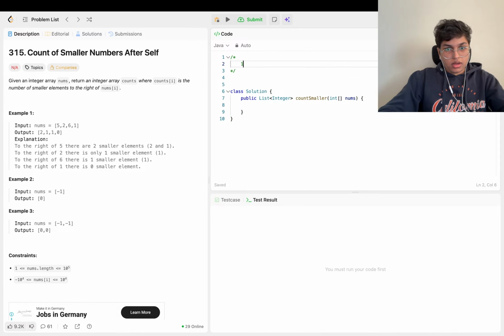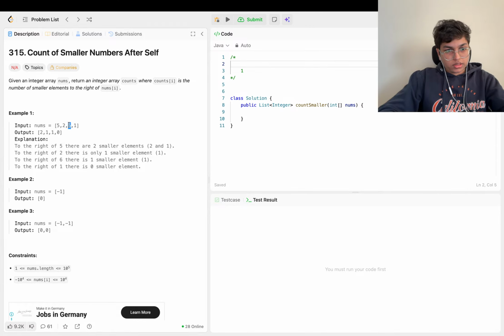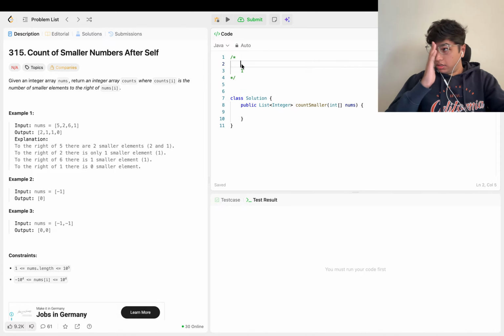Initially in the stack we have 1. We come to this index, we see a 6. But before this, we check whether or not the top element here is smaller than 6 or not. If it is smaller, we are good. We should just check the size of the stack and add it into this nums. If not, just remove